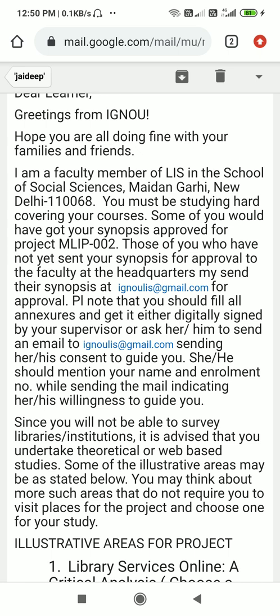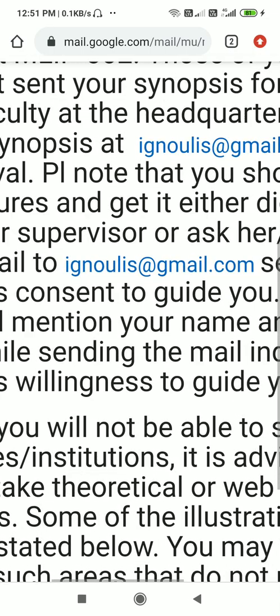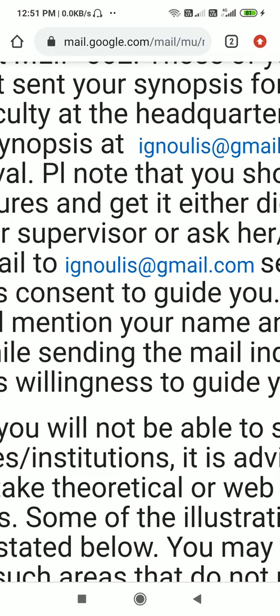Digital signature is also called scanned signature. You can get your scanned signature from your guide and attach that digital signature to your synopsis report, make a PDF and send it to this blue marked email ID.